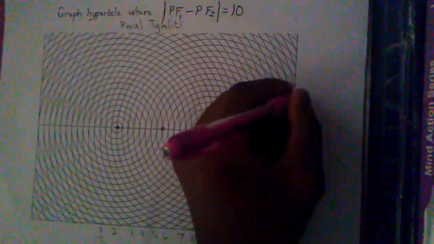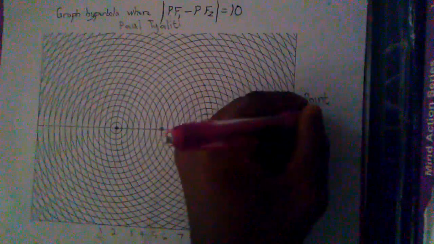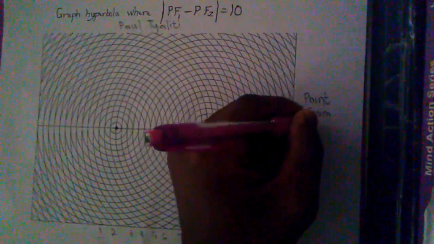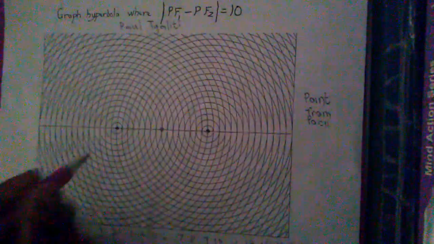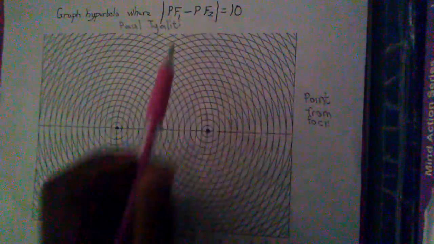So PF1 means it's a point from foci 1, and then